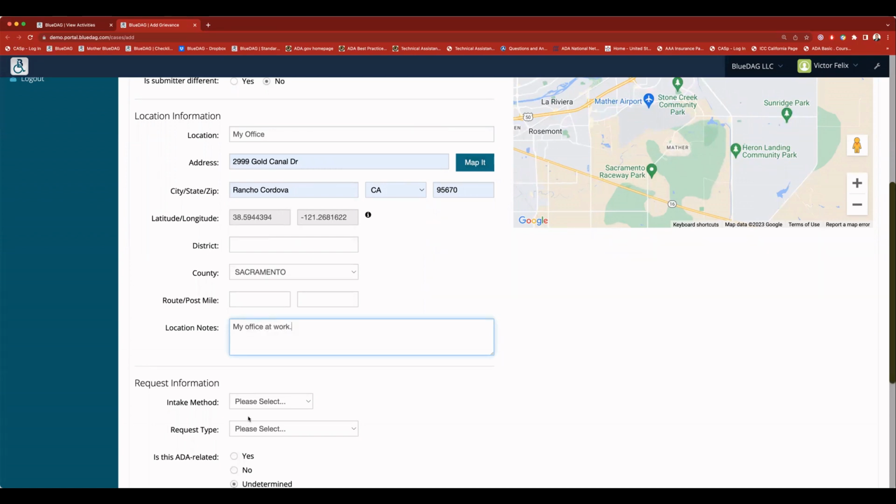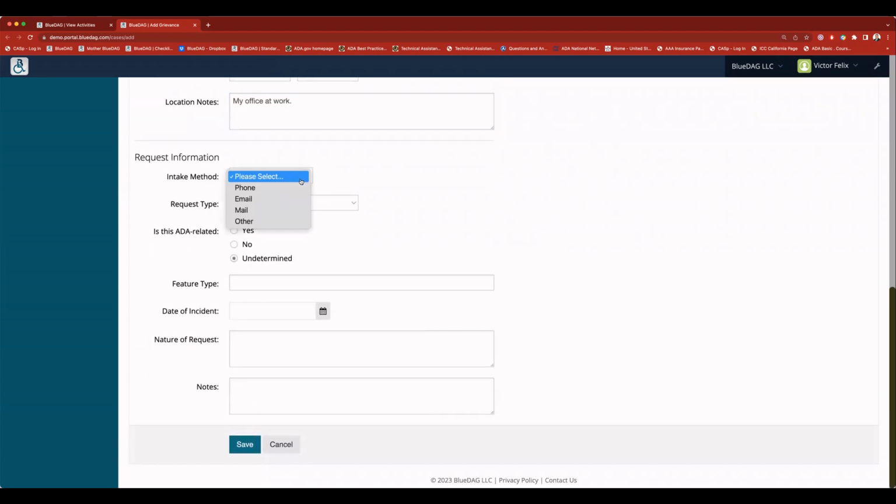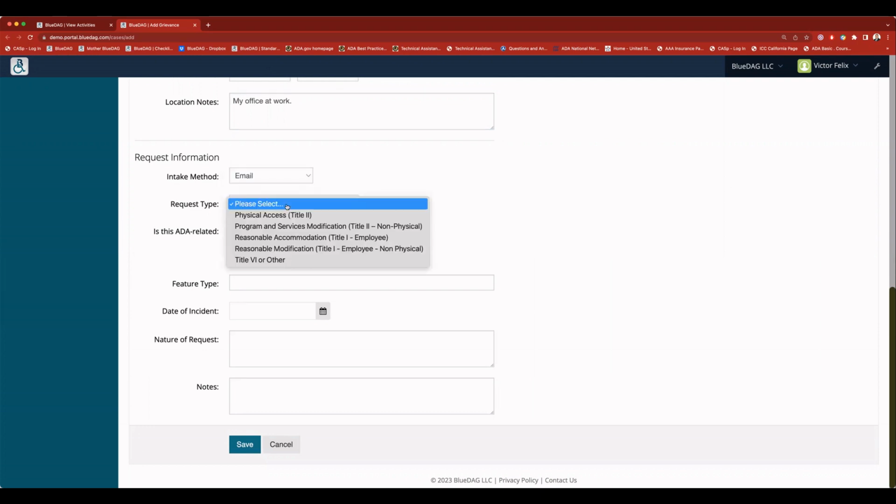Now I'll provide some details about the request itself. I'll choose the intake method for how I received the request, email in this case. Next, I'll select the type of request I'm working with. I have several choices. A Title II physical access request, a Title II programs or service modification, also known as reasonable modification, which is non-physical, a Title I reasonable accommodation, which is an employee accommodation and the subject of this video,